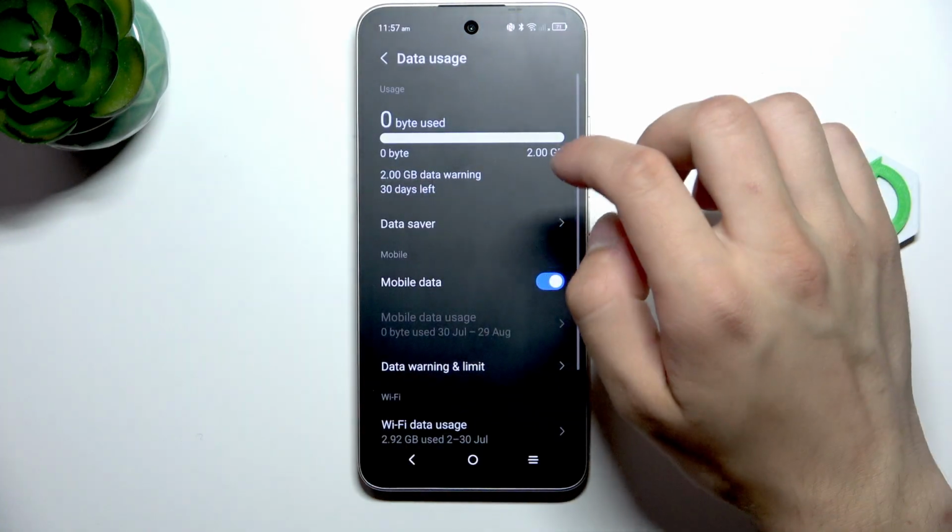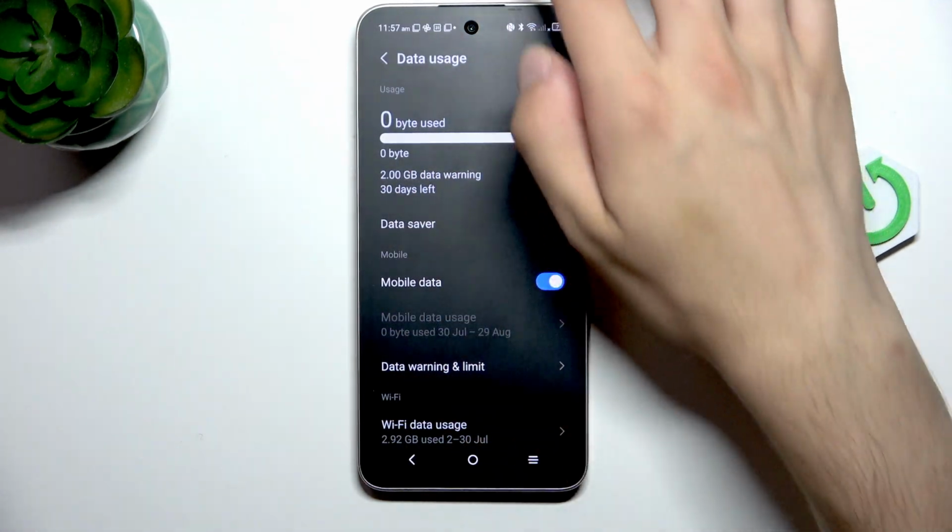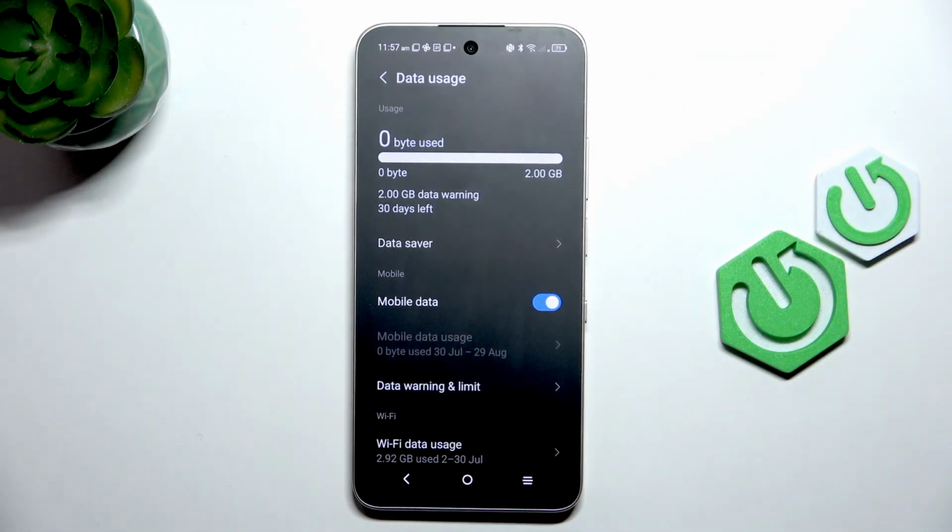Now unlock, and in mobile data, enable it once again. And if you still have any issues, then restart your phone and contact carrier to